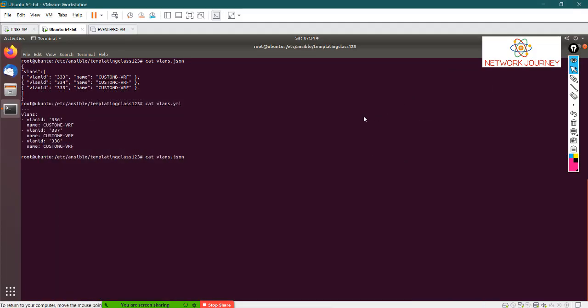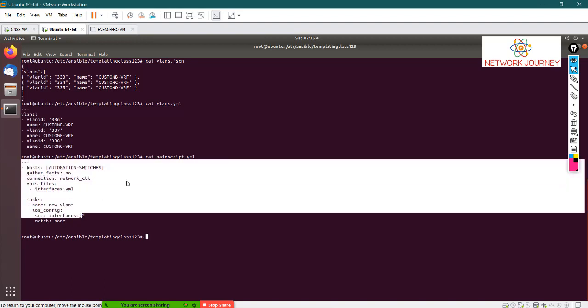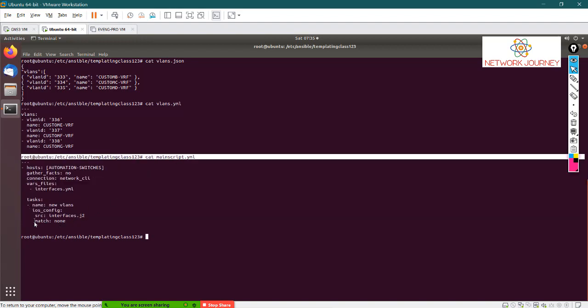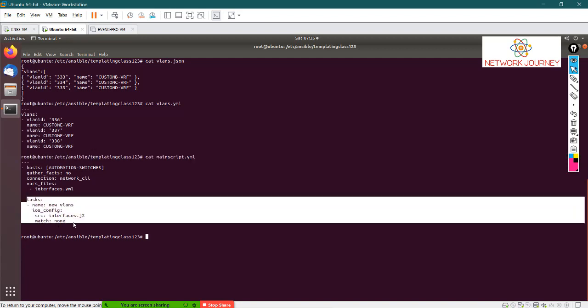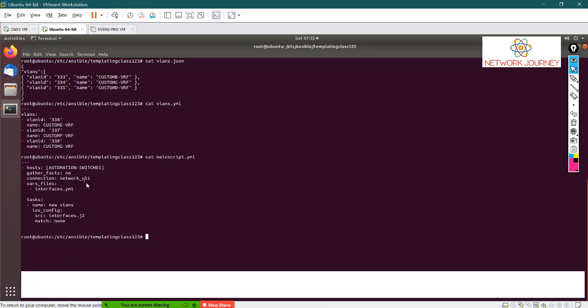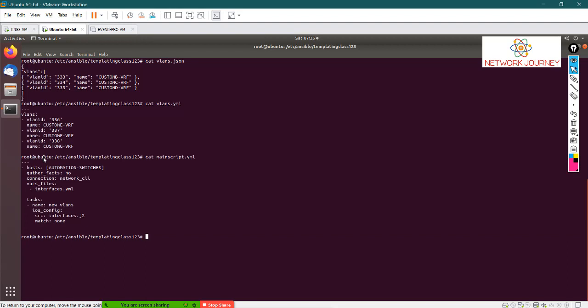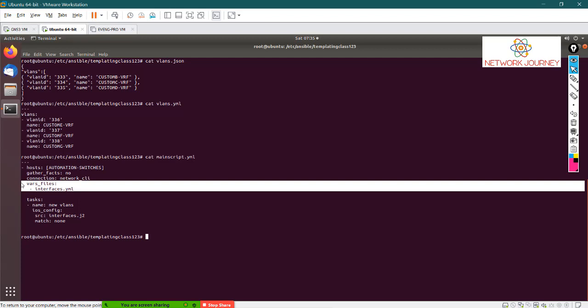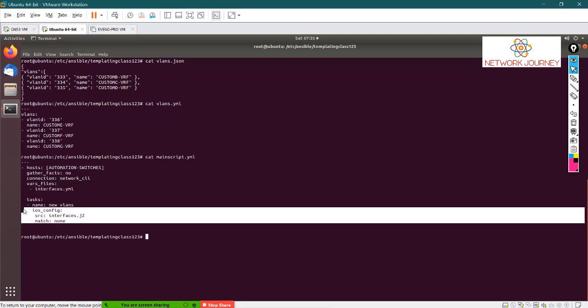And the main script, the normal thing which we've been doing so far, just a few lines. Okay, you are going to define your variable file and you're going to define your template. Now this single main script can have multiple tasks. So you can have interface, VLAN, DHCP in one script, but if you want a different one for a different purpose, you can keep them. So it's very simple. You're defining your data model with the variable statement, and then you're sourcing the template for that particular task.